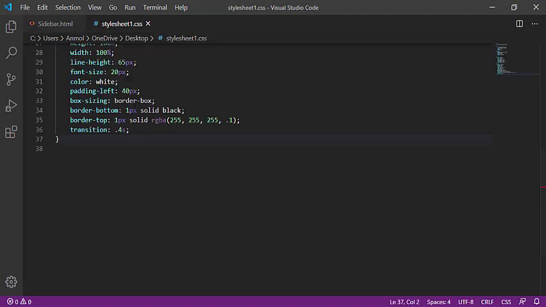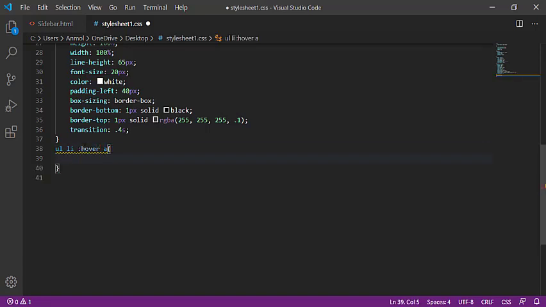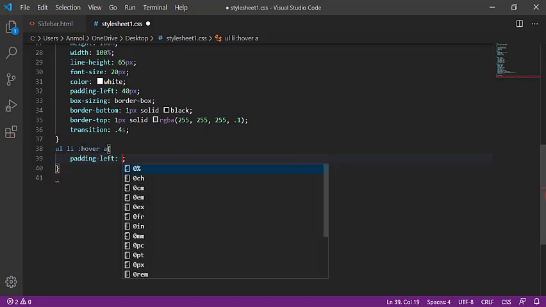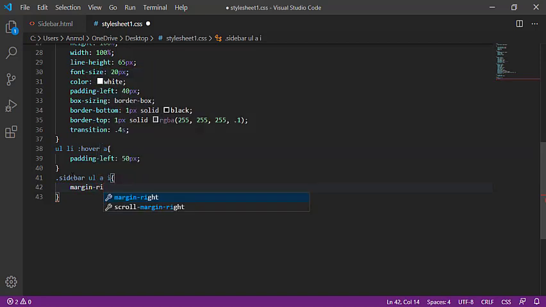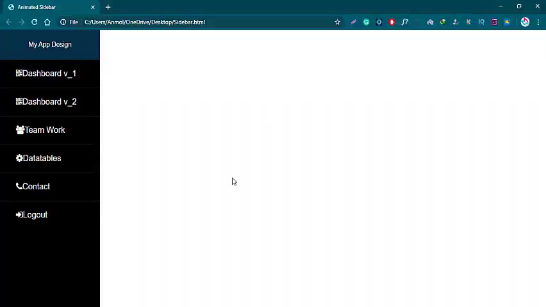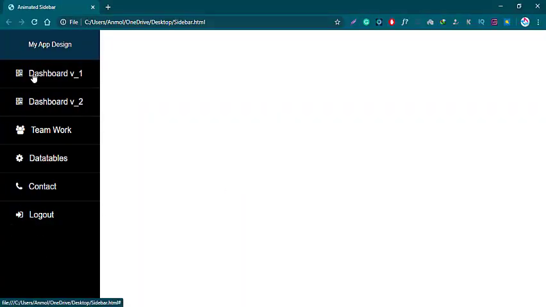Going to the style sheet file, UL LI hover A, padding left 50 pixels, then calling the class sidebar, UL under another list A, and then I, giving the margin right pixels. Save it and run. Okay, it's now ready.